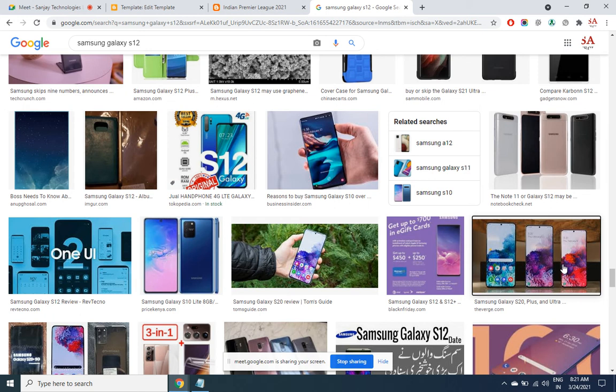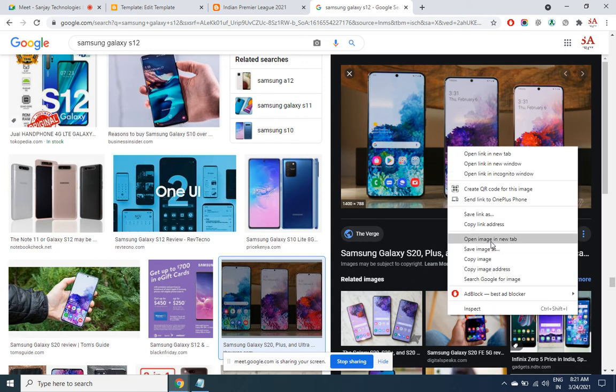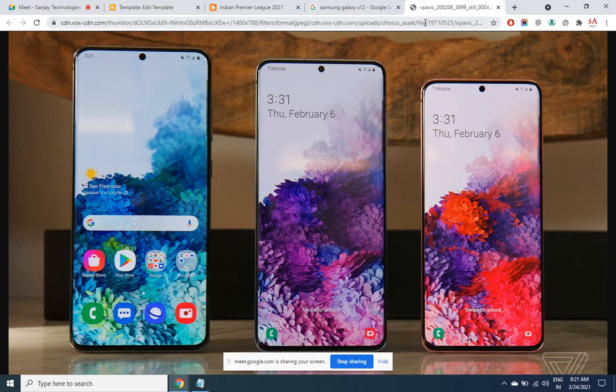Let us take this one. Try to take an image which is big enough so that there is clarity in the image. So I'm opening this image in a new tab. Okay, now we have the JPG URL.